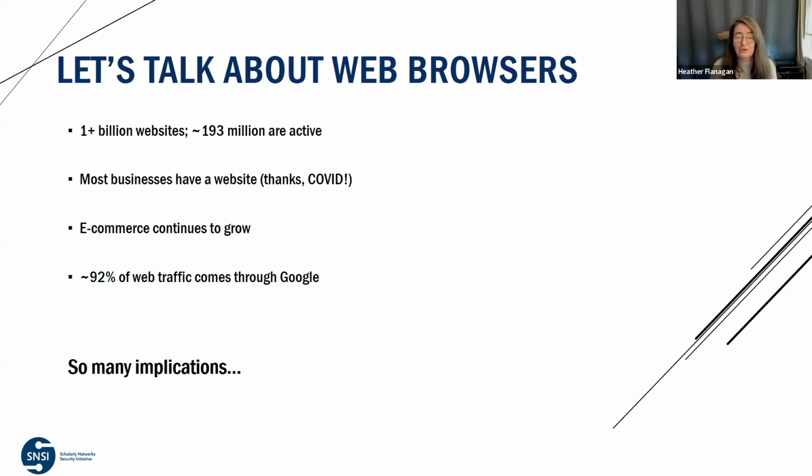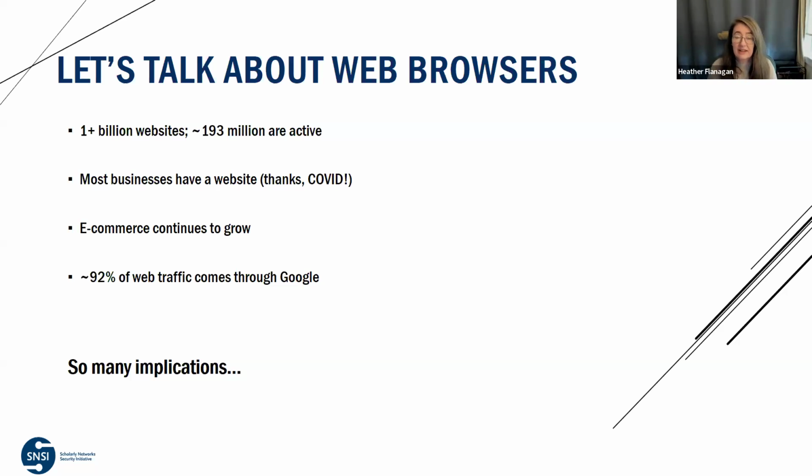Well, there's over 1 billion websites out there. Not nearly as many are active, but they do in fact exist. And most businesses, especially these days, have a website. COVID definitely saw so much move to an online experience, or at least make an online experience available. E-commerce, as a result, saw significant growth in that respect. I do my fitness training with a personal trainer via my iPad in my basement, right? Commerce is of all shapes and sizes in terms of how people engage and purchase things or experiences